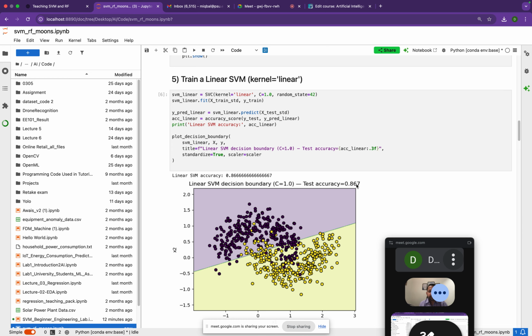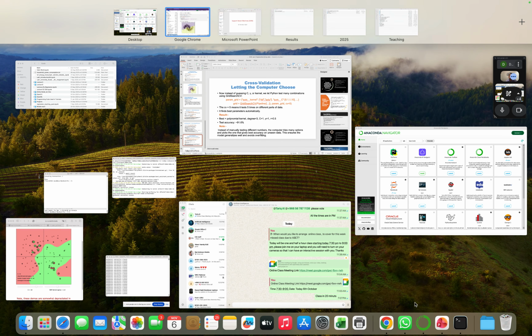Why is it low accuracy? By the way, because it's a straight line. And the C is 1. What was C? C basically allows the margins, right? So margin 1, the lower the C is, what does this mean? Hold on a minute. Lower the C is,